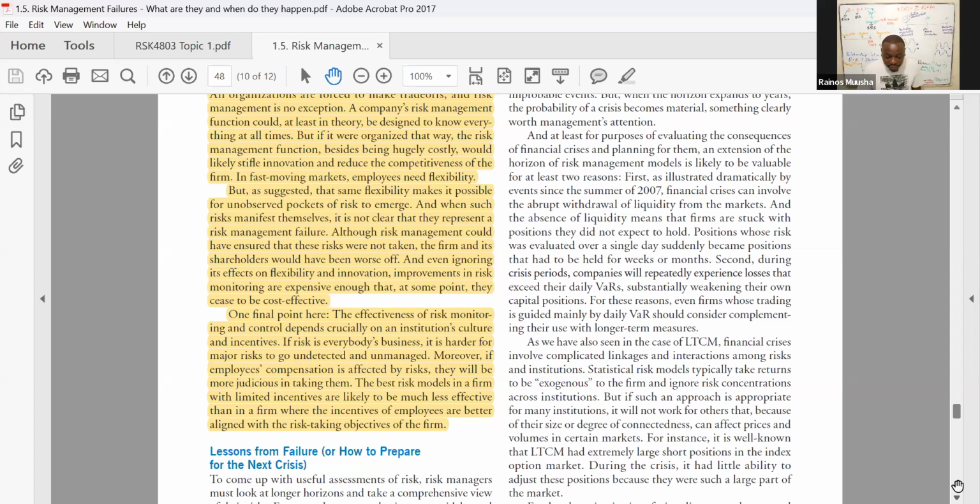If risk is everybody's business, it is harder for a major risk to go undetected and unmanaged. And moreover, if employees' compensation is affected by risks, they will be more judicious in taking them. The best risk models in a firm with limited incentives are likely to be much less effective than in a firm where the incentives of employees are better aligned with the risk-taking objectives of the firm, which means at the end of the day, effective risk management is achieved if everybody contributes towards risk management of the firm,